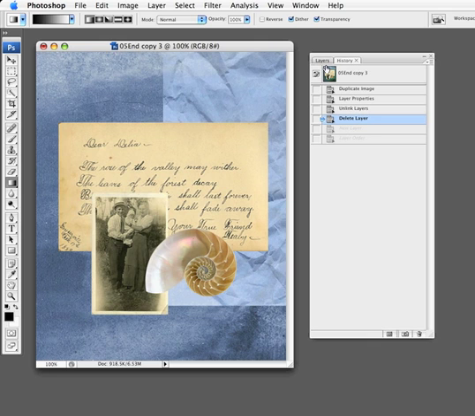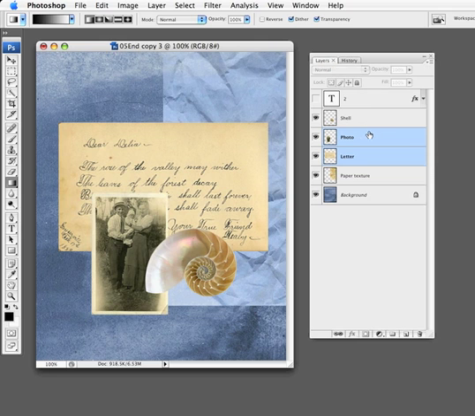prior to adding that new layer and selecting the paper texture layer, and then when I add a layer there, it actually appears between letter and paper texture. And I'm going to rename it gradient, click out, and then I'm going to go to a gradient